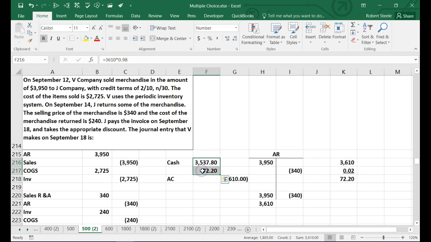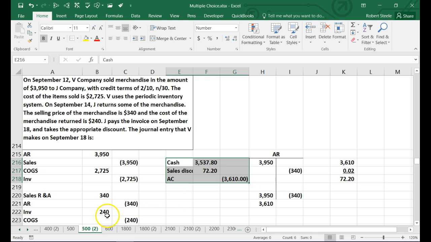If we add those two up, the debits then equal the credits, and that amount needs to go into sales discount. So sales discount will be that item, sales discount up here. So this is the final journal entry that we got to get to. We need to basically go through the story to get there so that we can see what was in accounts